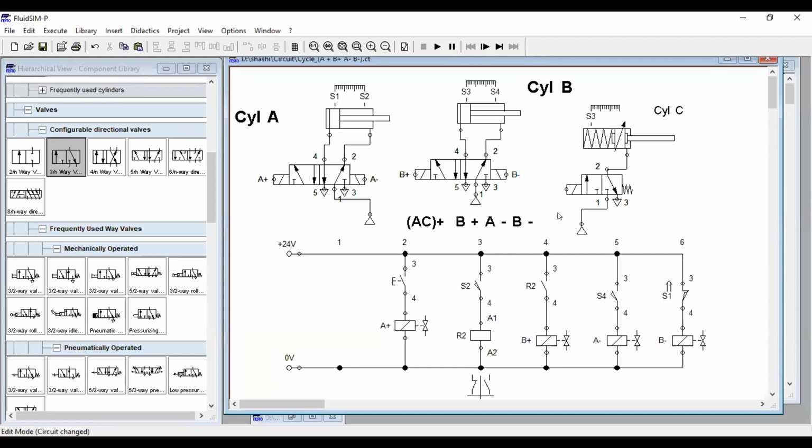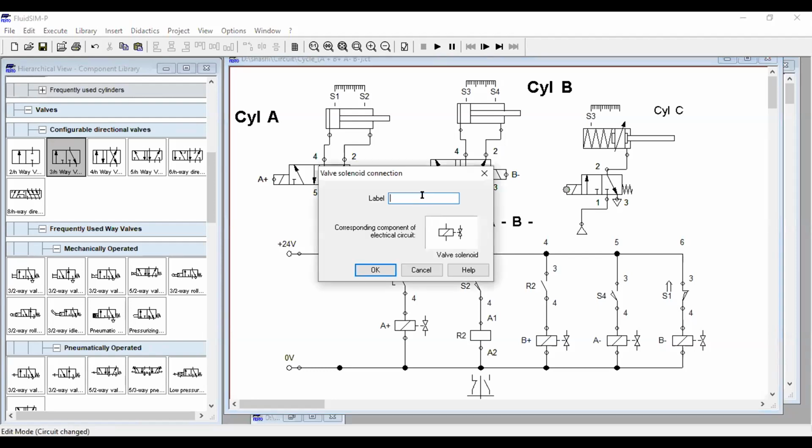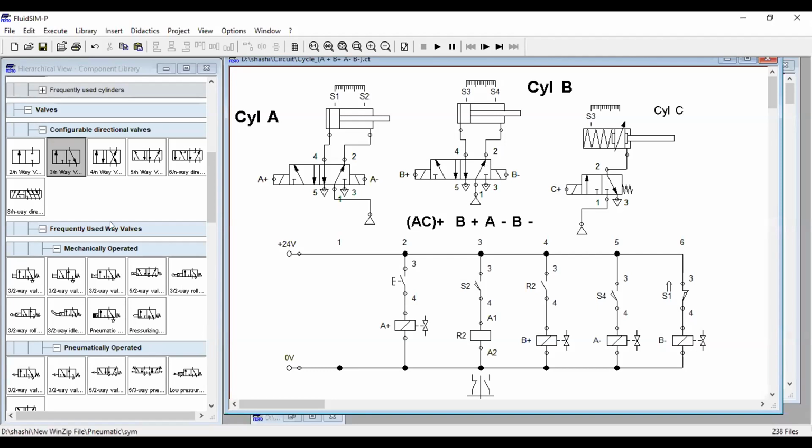Then with some delay, we want to turn on the AC for some time, or after some threshold temperature, which will take input from a temperature sensor, and according to which you can turn on the AC. So once the temperature reaches a point, here I will use cylinder C. To actuate cylinder C, we need a solenoid valve. I will name this C plus. Retraction will be by using a spring, that is spring return.